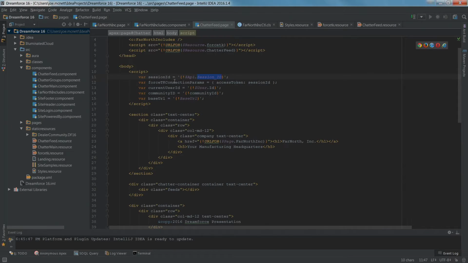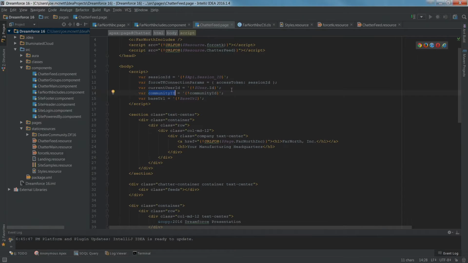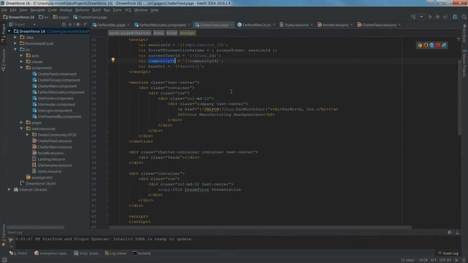And then you set up your parameters for your connection. You need your user ID, community ID, and my base URL, just utilizing a controller to grab those. So if you're outside of Salesforce, you have to grab them a different way. So then we'll scroll down here. As you can see, more